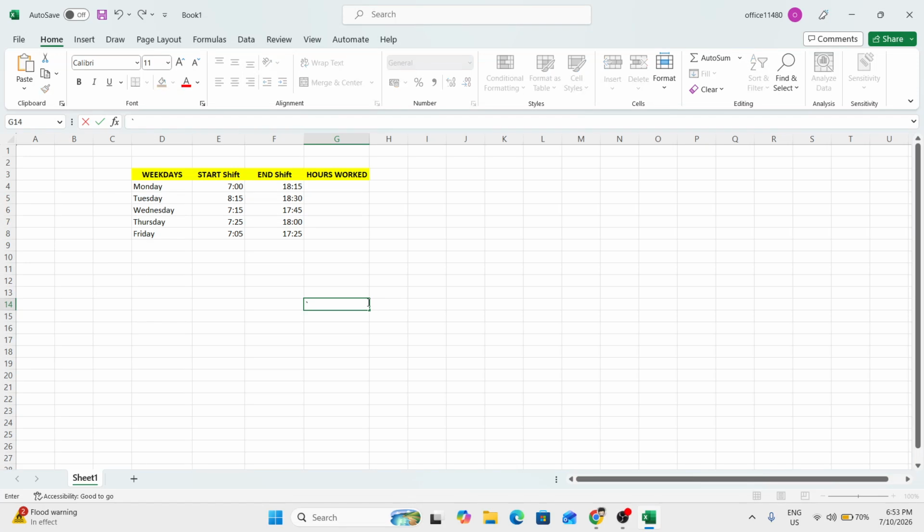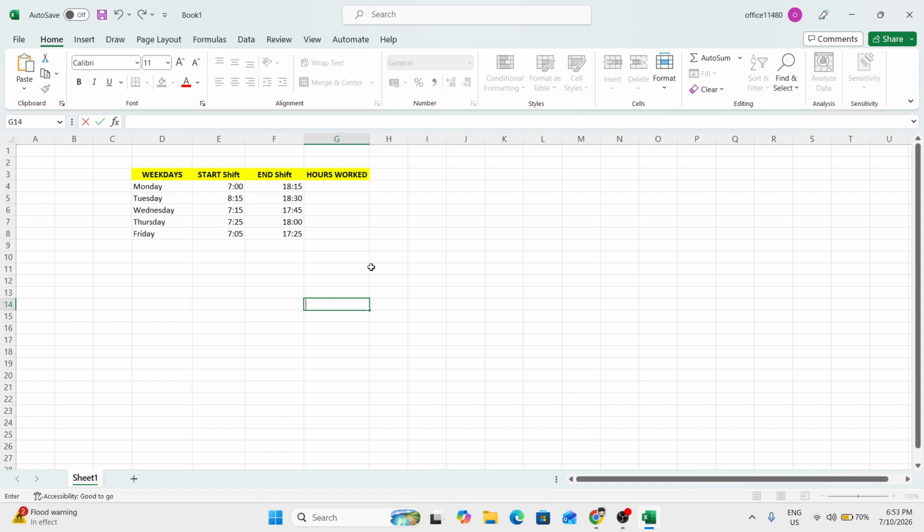In today's video, I'm going to teach you how to calculate working hours in MS Excel. If you need to find the number of hours worked between a start time and an end time, Excel makes this very simple. In this example, we're just subtracting the start time from the later time, so Excel can return the total time worked. This is a useful method for timesheets, attendance trackers, or any worksheet where you need to